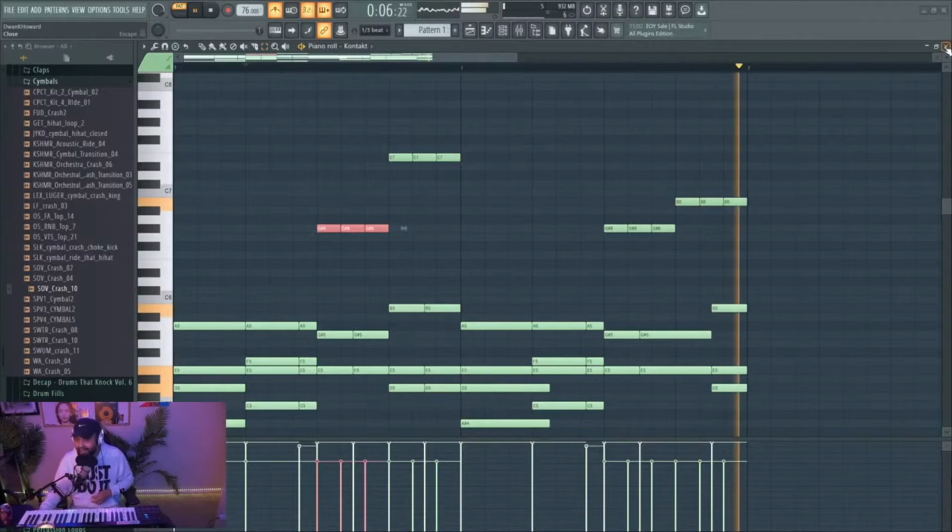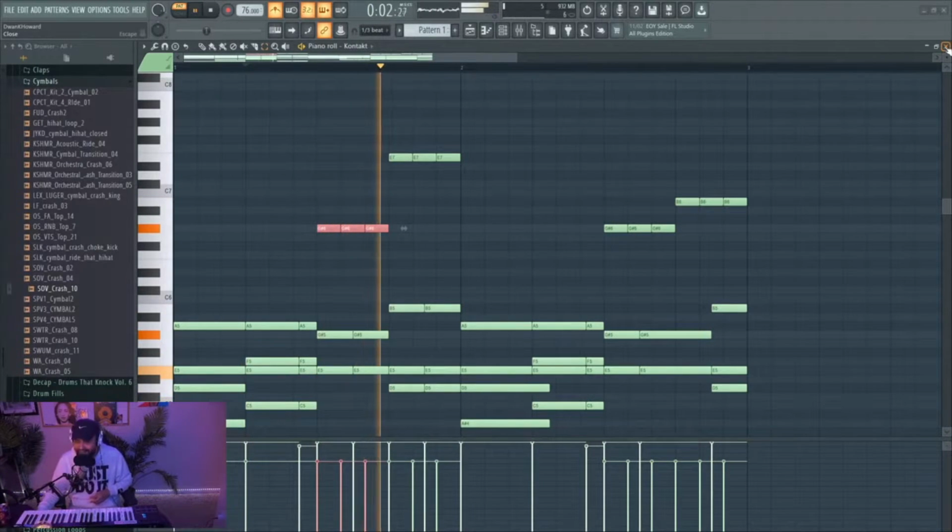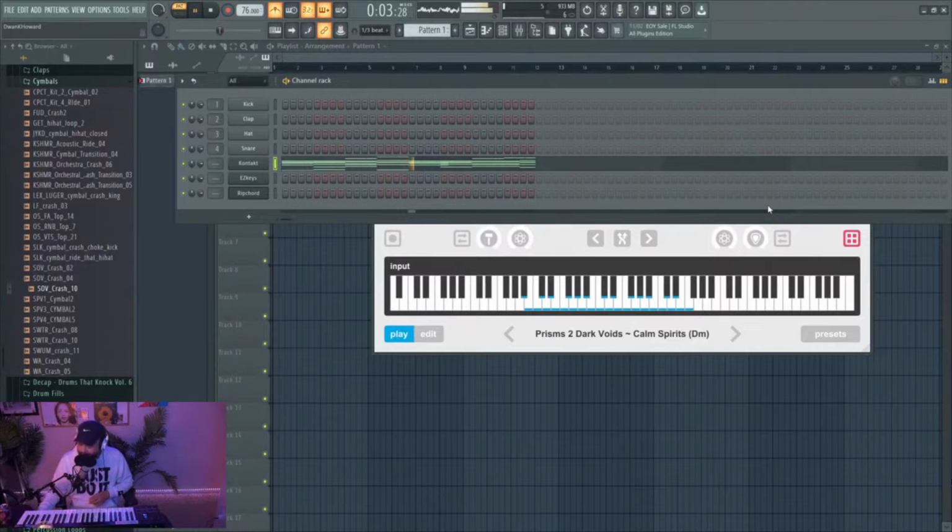Now, sometimes you're not understanding the scale of what you are working with, and I think I understood the scale of this one, but in case you don't, this is why I express once again, sing out loud, because as you sing, if you have any kind of knowledge of melody and you've been listening to music, which is the majority of us, you'll be able to find your way through the keys and also see if there are keys that are out of place by seeing what you naturally sing. I say da da da da da